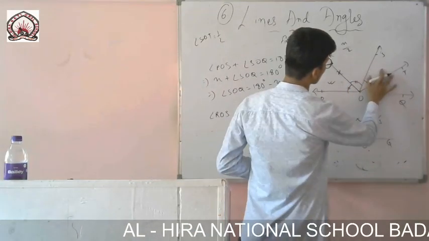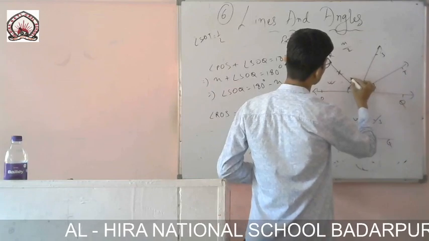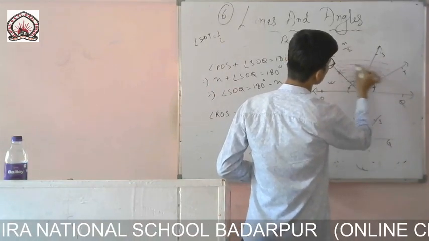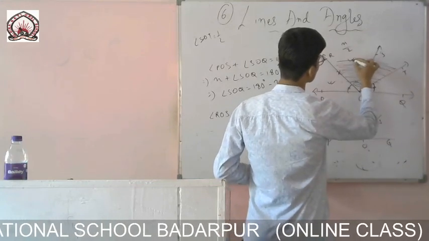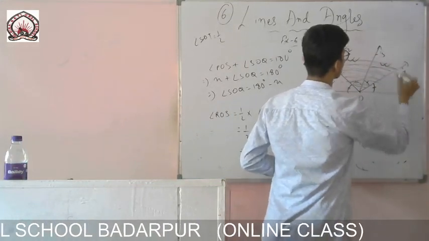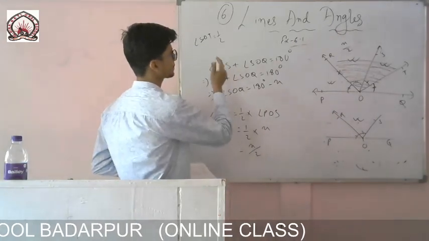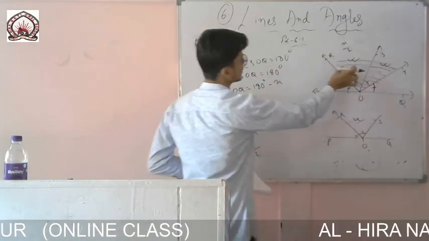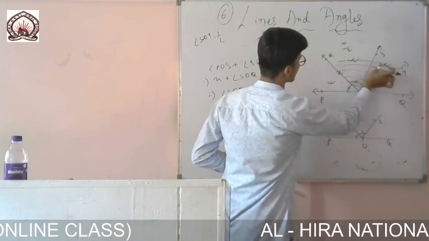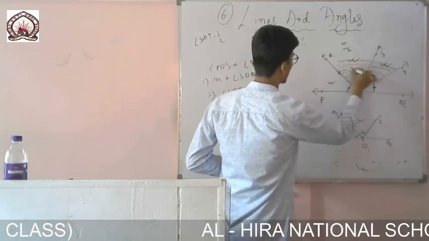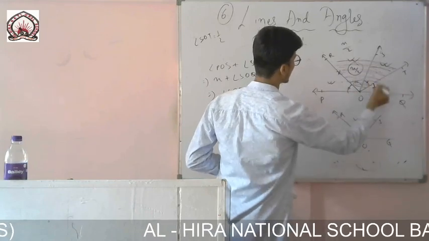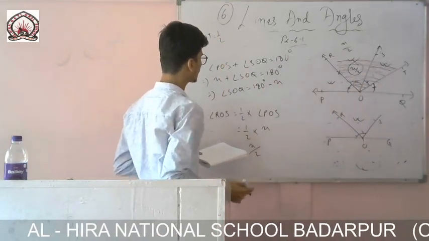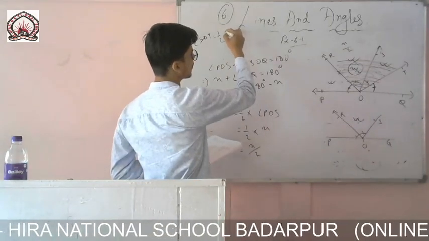Which one? This one. The question is to find ROT. The question is to find this whole angle, these two. Okay, I have to find ROT. That means this one plus that one. So this one I have got, x by 2. This one I don't know the measure yet. So SOT will be equal to half of angle SOQ.